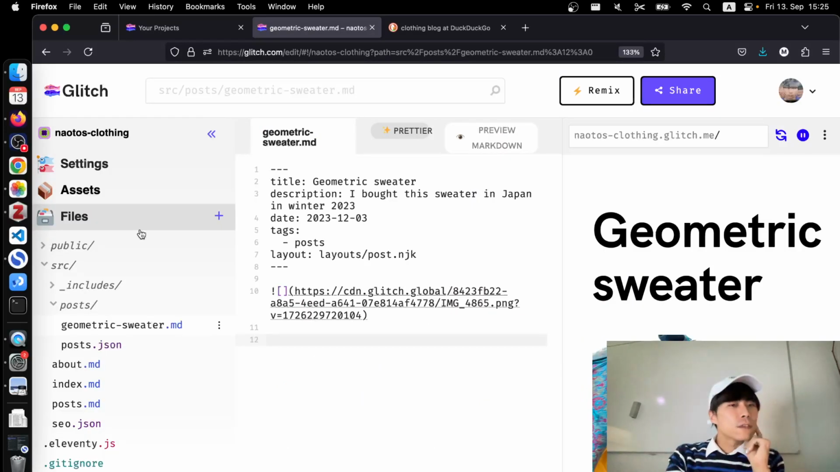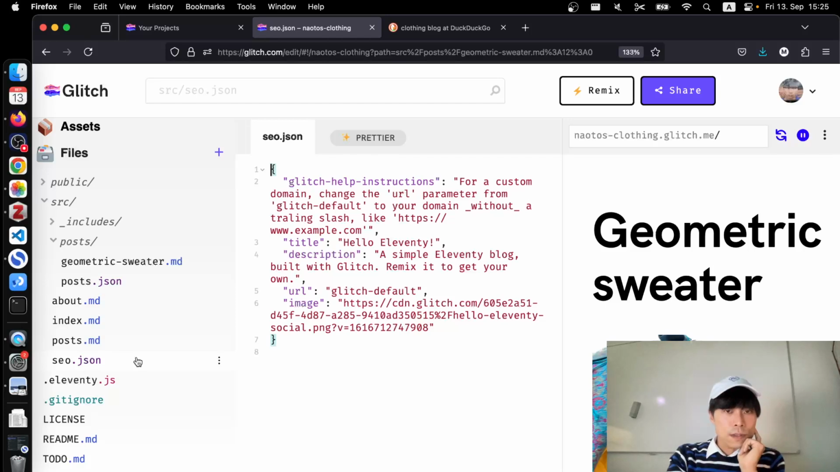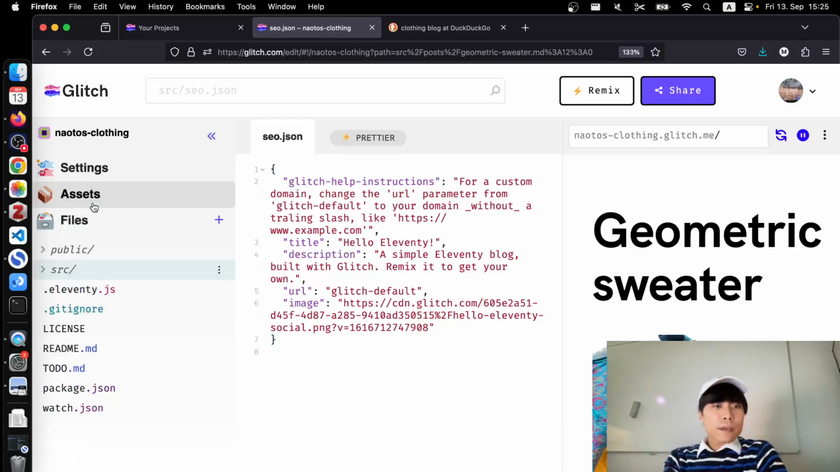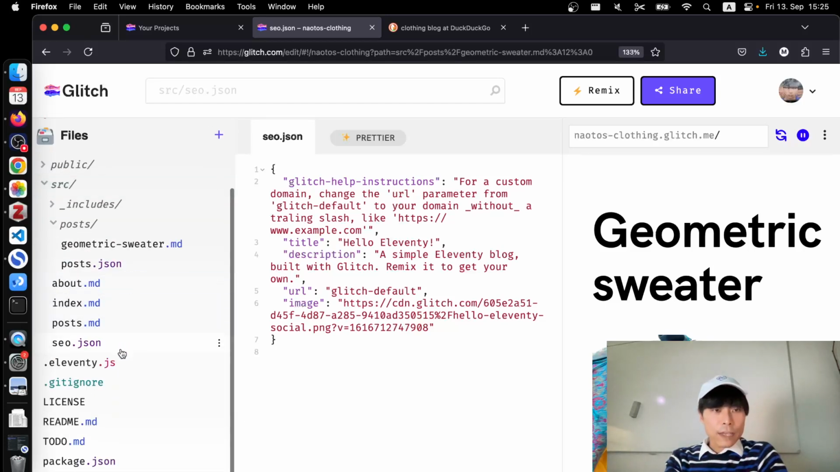So what I need to do is go to, wait, is it this one? Yes. So in the files, inside src, there's this file called seo.json, and actually this is not needed, but anyways, the title and again the famous description is here. So this is something you want to edit. So Naoto's